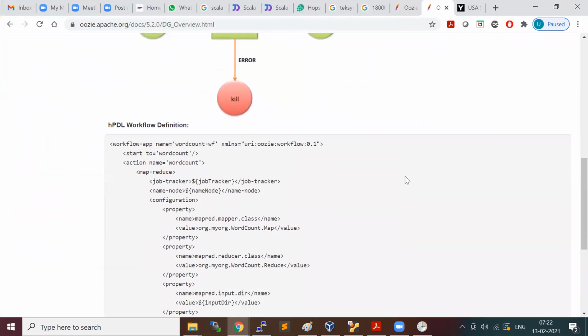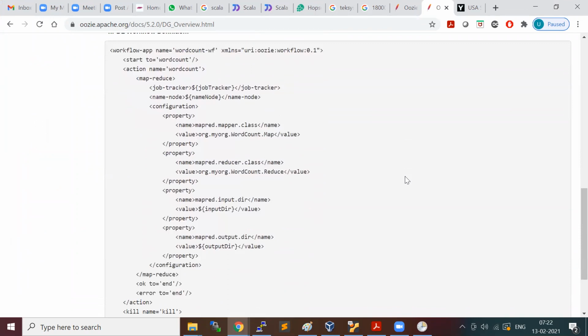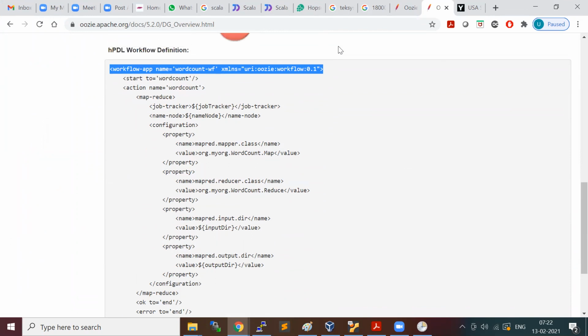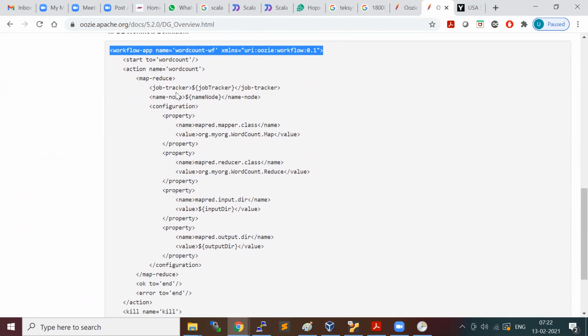So this is a very simple workflow which is going to run my MapReduce job. This is the starting tag of your workflow. You mention that this is my workflow.xml, and you have to give the extension as XML.